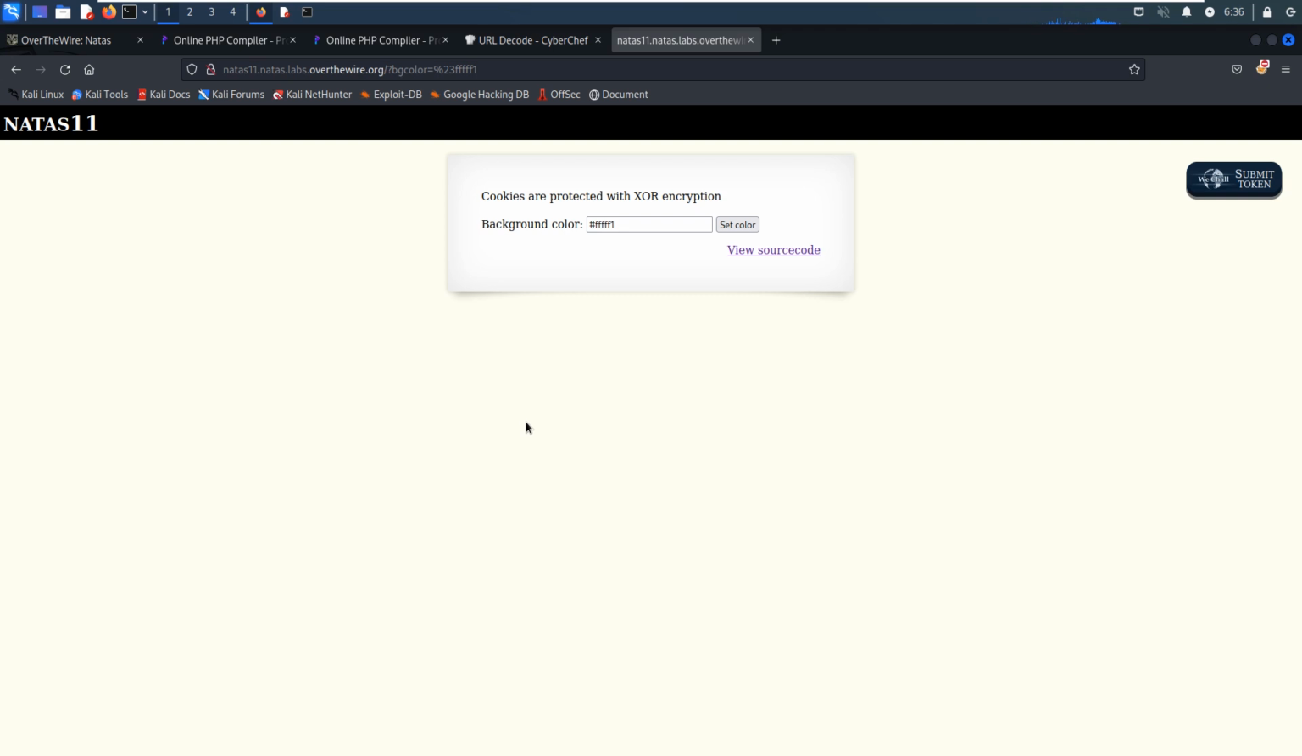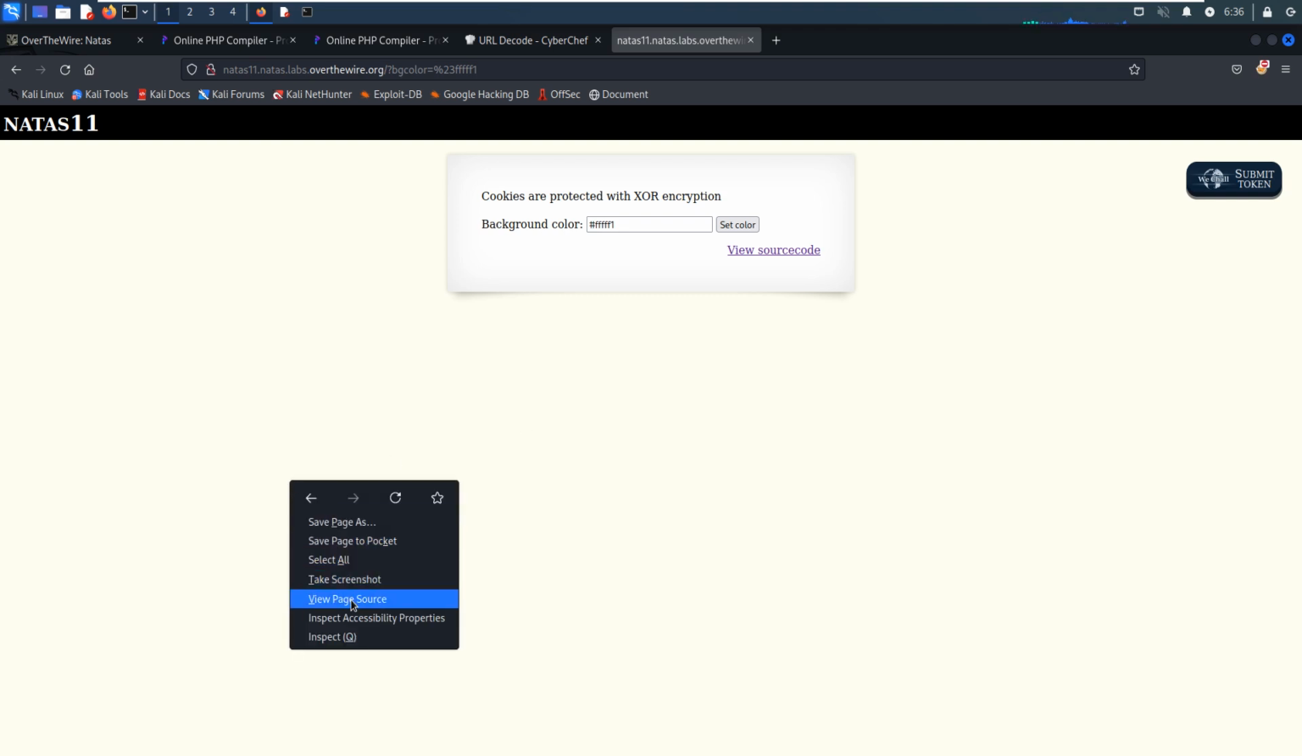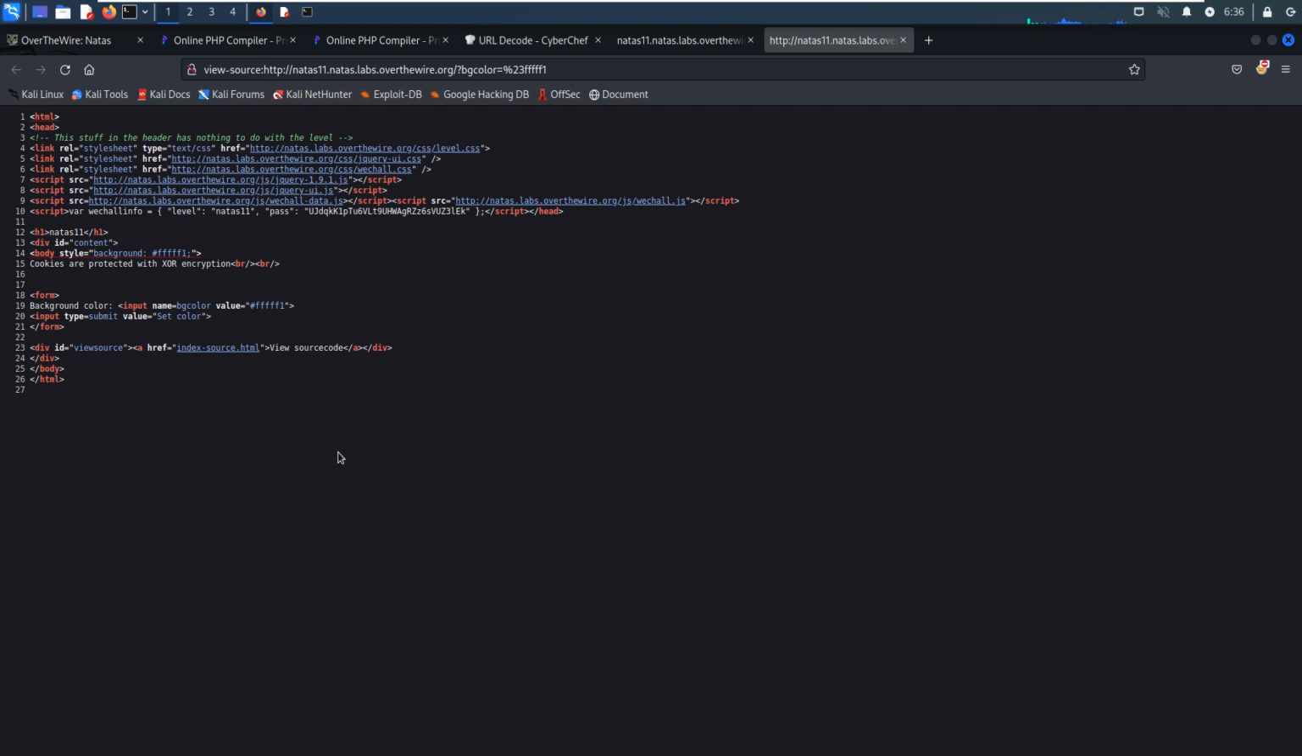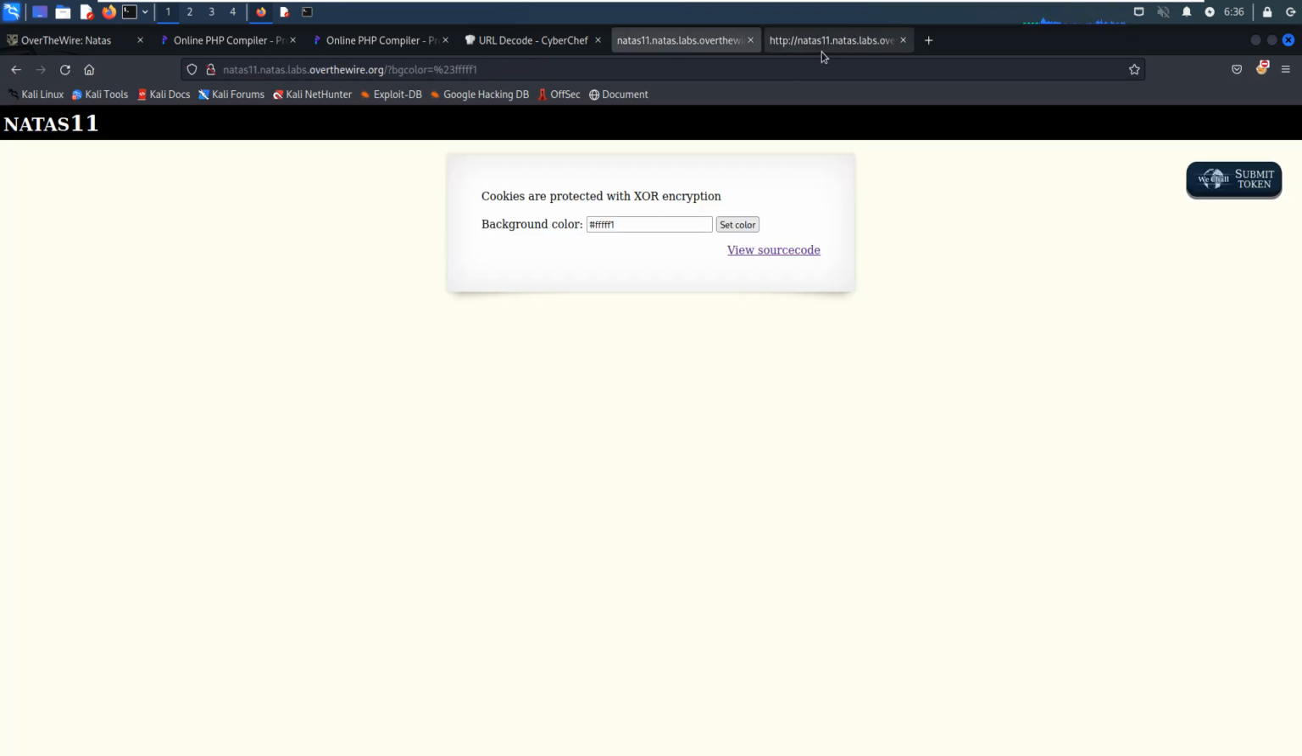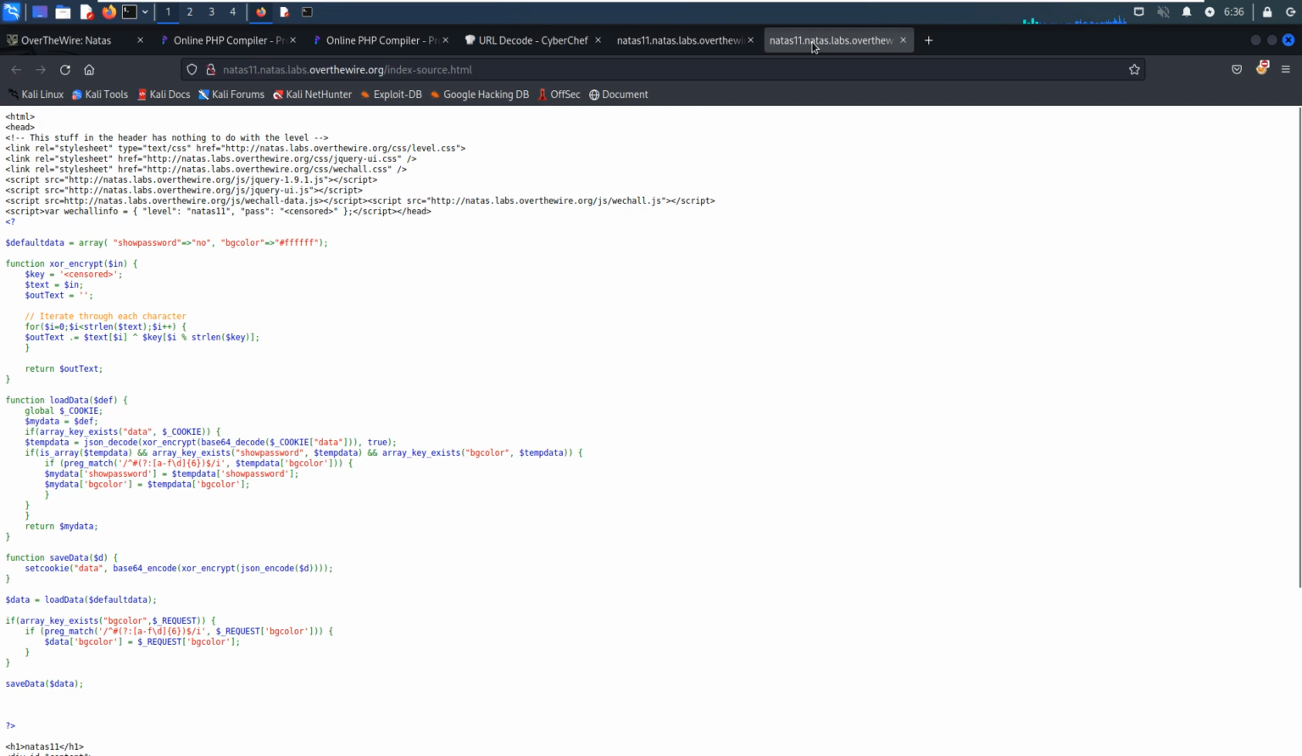For us, our objective is to get the password for the next level. And we can check its source code as usual. Cookies are protected with XOR encryption, and nothing interesting. And we can view source code. Maybe I can open the link in a new tab. Yeah, this page contains a lot of code